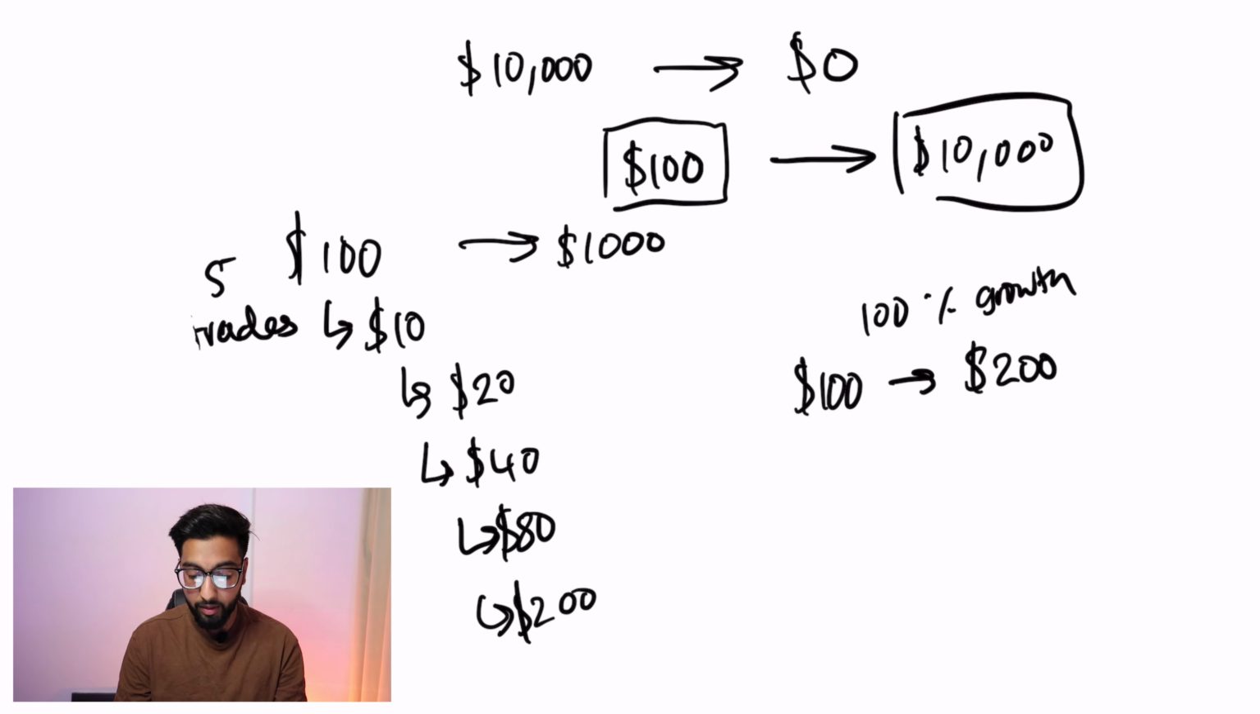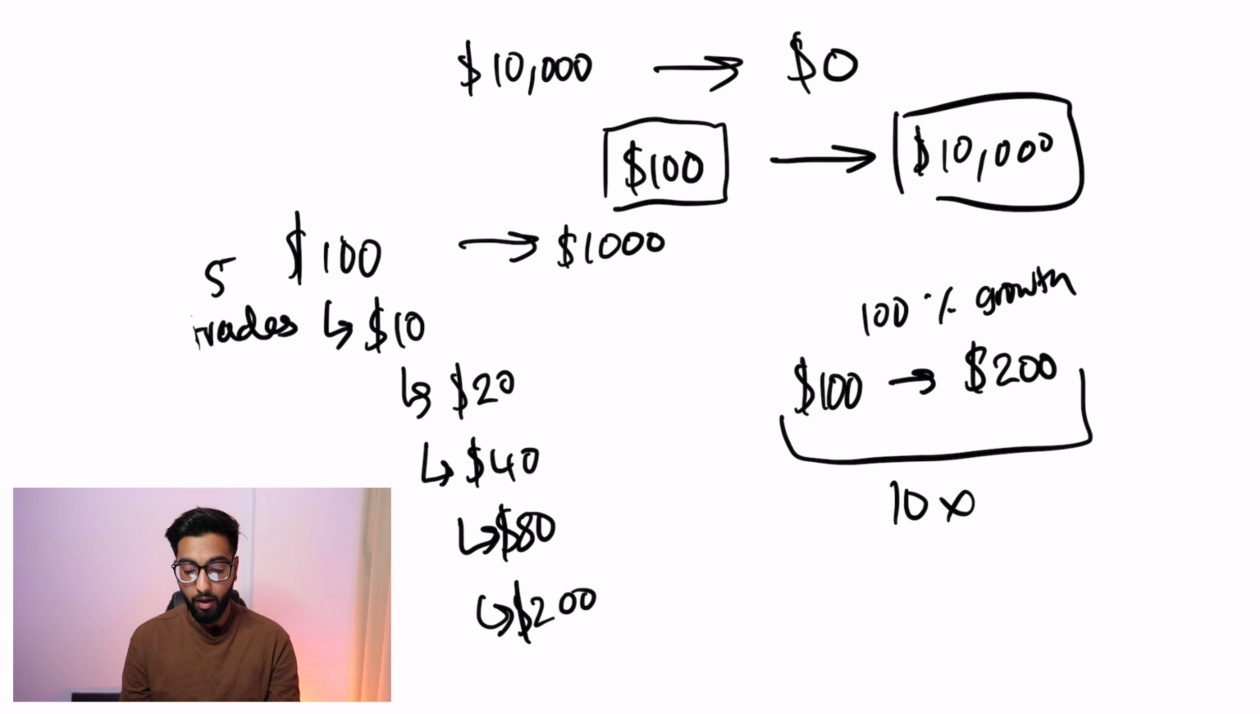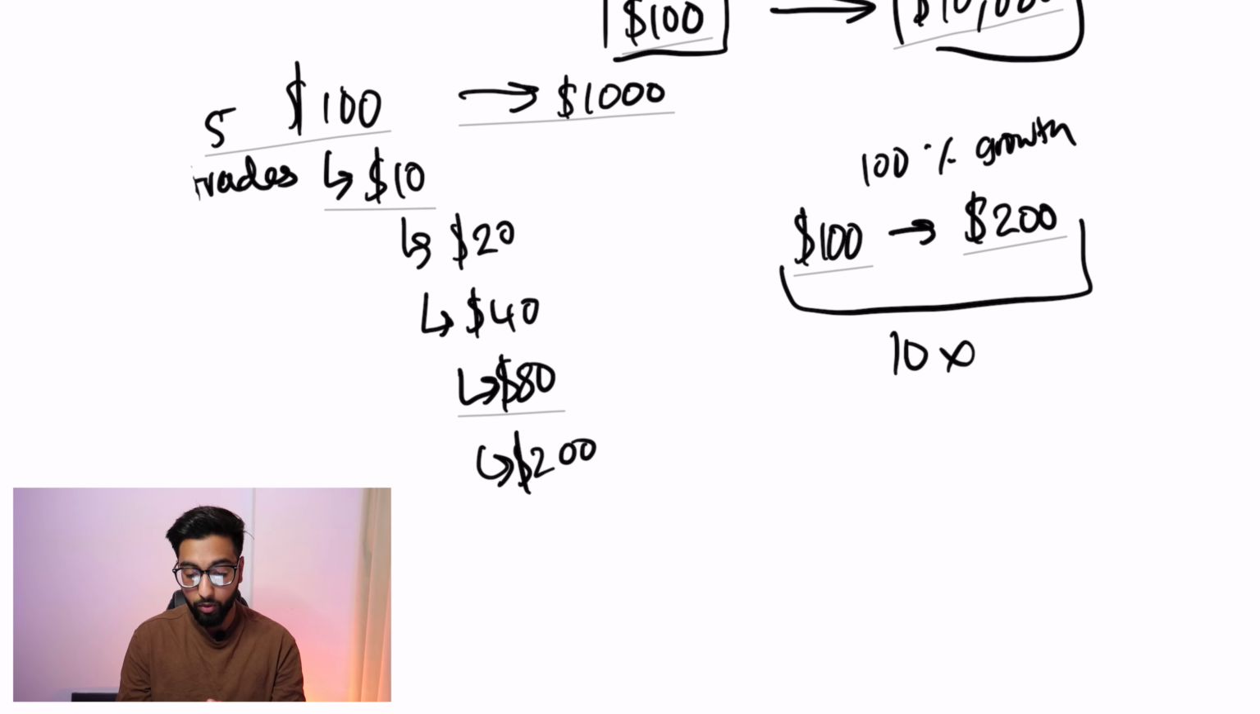So that means that if I had 1,000, I've just turned it to 2,000. Now what I need to do is I need to do this same thing 10 times, okay? I need to do this exact same thing 10 times. So once we've done that,